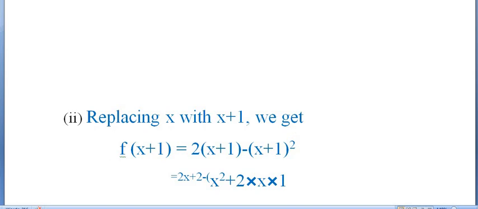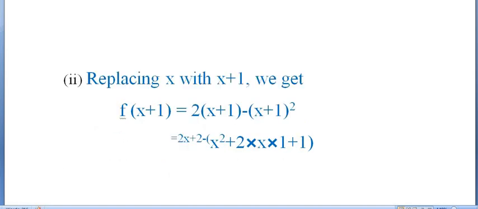So we can close the bracket here. Plus 1 squared, b squared. The a squared plus 2ab part we have finished. Now plus b squared. So what is that? Plus 1 squared. 1 squared means we can write 1. 1 into 1, we have already studied, is 1. So that is equal to 2x plus 2